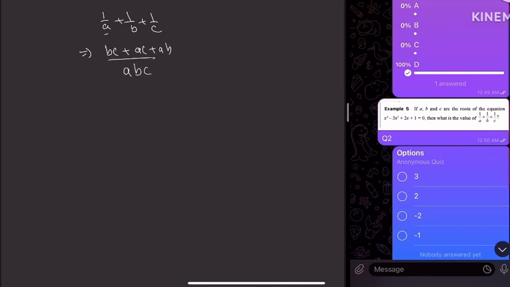This is the thing which I have already told in many videos, that you should know. This bc plus ac plus ab is sum of roots taken 2 at a time, since a, b, c are roots, it is given. Sum of roots taken 1 at a time will be minus of this by coefficient of x cube, that is 1 only, so no need. Taken 2 at a time will be this, with signs minus plus minus plus. So this numerator can be written as plus of 2 by this coefficient, which is 1, so 2. abc is basically minus of this, so 2 by minus 1. So minus 2 is the answer to this question.